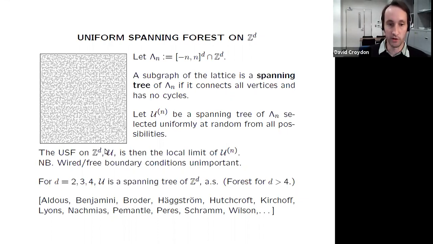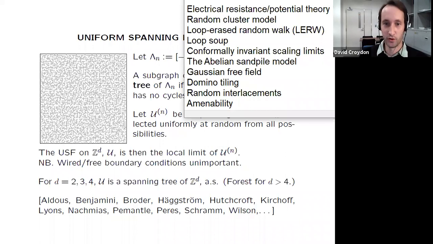So this is the model that I'm going to be interested in, this curly U in dimensions 2 and 3. For a discrete maths audience, it's probably already a natural enough model, if you haven't met it before, that you can understand that this is an interesting thing to study. If you're not motivated by that, there's a range of other words that I thought of after I wrote the slides, hence they appear just in a text file here. There are many connections to other interesting areas of maths and probability that further motivate the study.